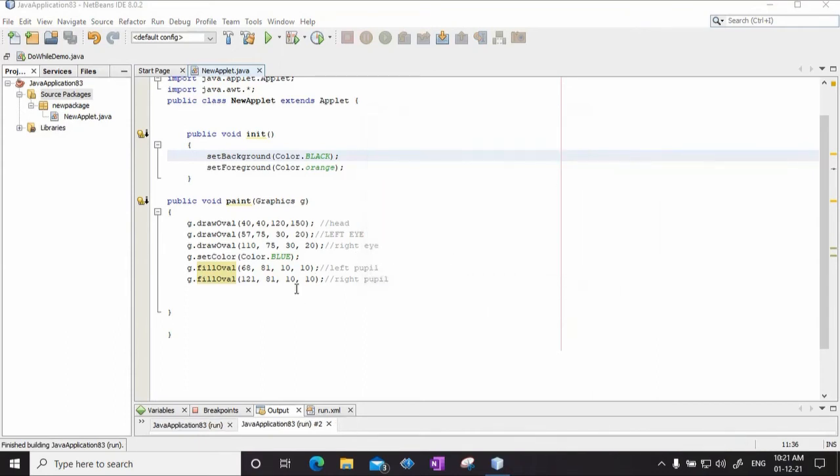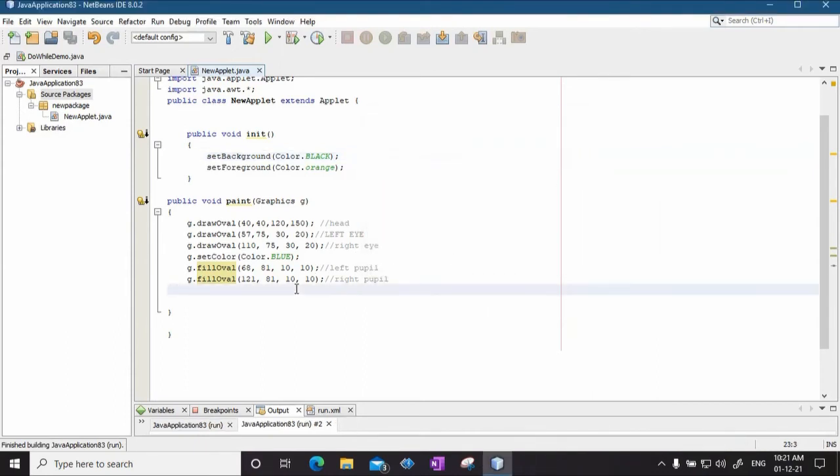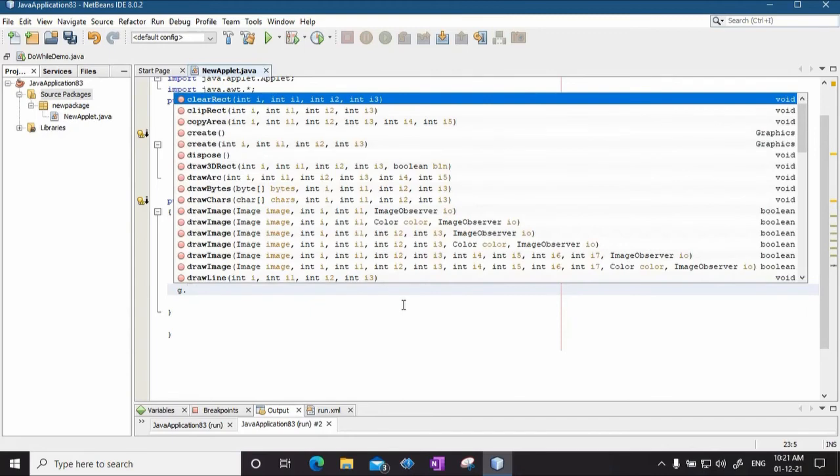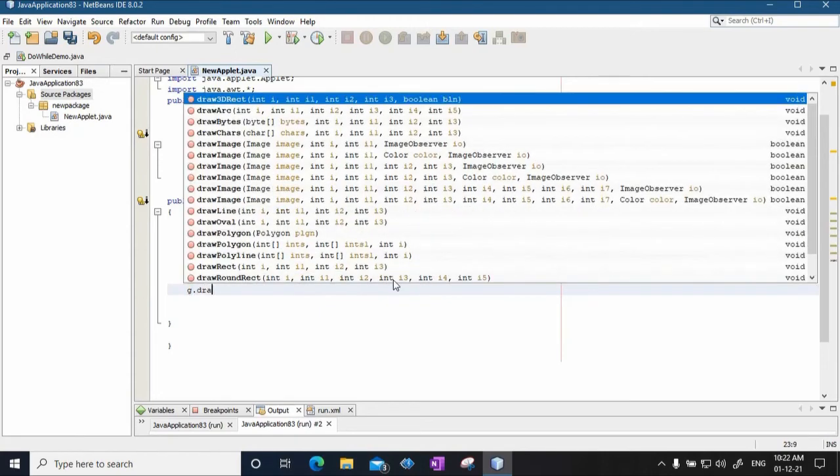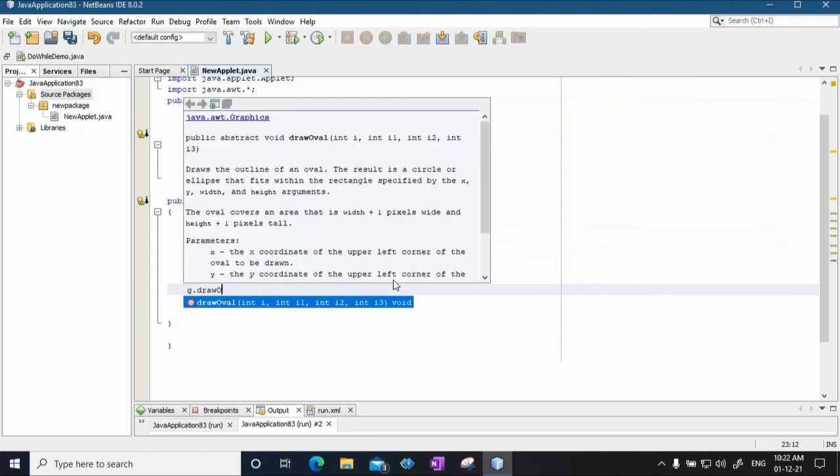Okay, let's continue. Then we will draw a nose. For drawing a nose, again drawOval. So I'll say g.drawOval.